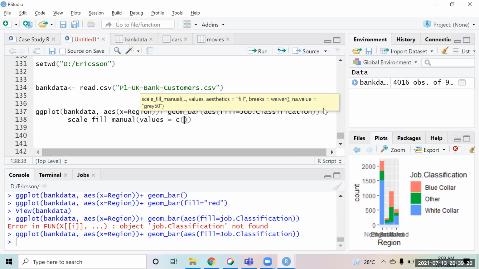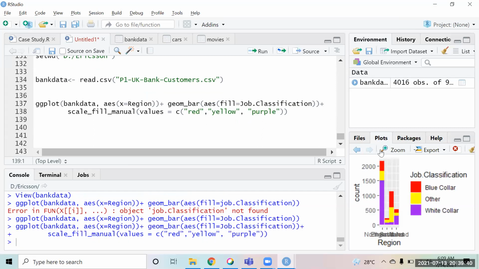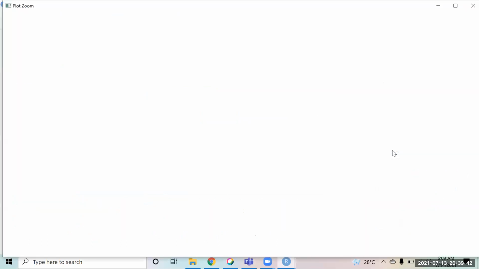You can give the color. Suppose you want to give the color as red, yellow, green, red, yellow, purple, right? So the color will change.